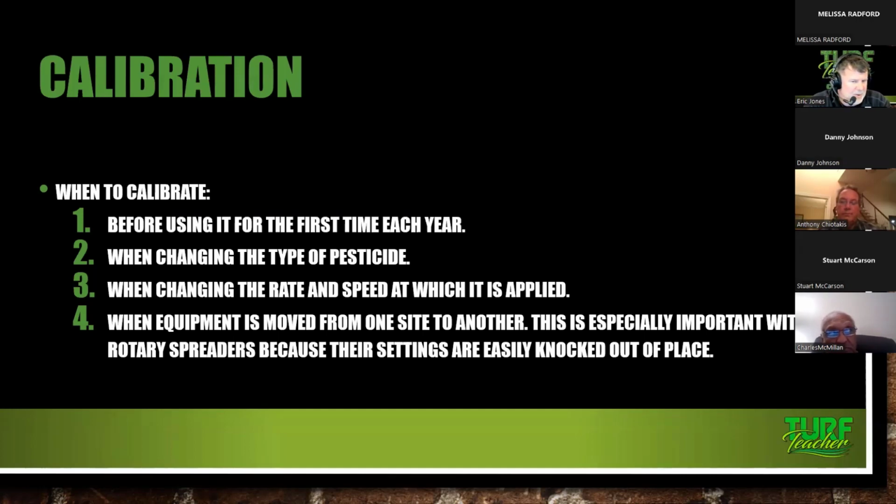And this is what drives me a little crazy. And I've asked the inspectors this too. I'm like, why do we need to do it from one site to another? Well, think about it. If we're putting that rotary spreader on the back of the truck, it's getting out of calibration the fastest of any piece of equipment we have. Going over speed bumps, guys hitting the curbs, those things just get out of calibration quickly. And so if you are doing a lot of traveling, it may need to be done. I don't think that's possible from one neighbor's yard to the next, but if you are moving across town, you may want to find an area where you can recalibrate that rotary spreader.